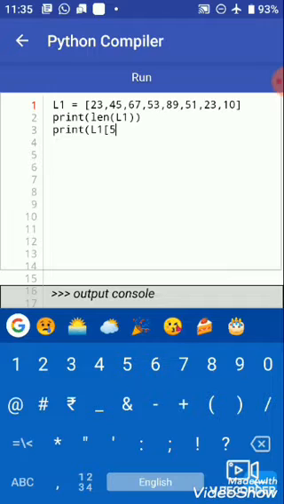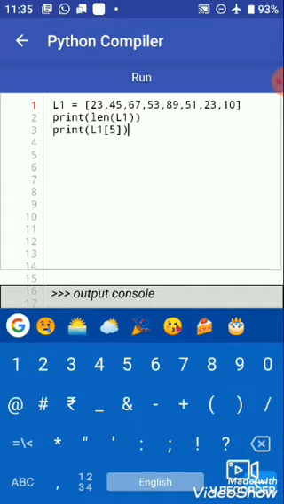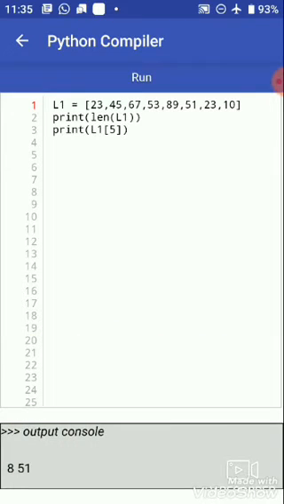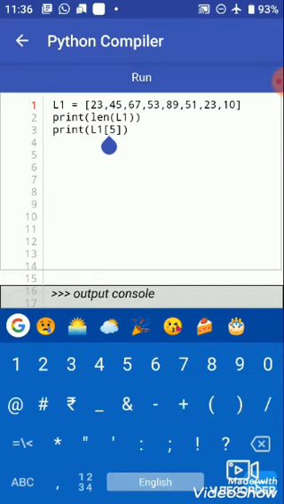Let's see which value has the fifth index. So print L1[5]. When we run this program we get 51 as the value of the fifth index. Actually when you count from 1, that is the sixth element, but in indexing the index number of this element is 5, and the value is 51.